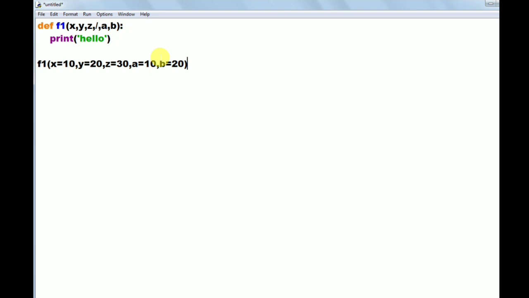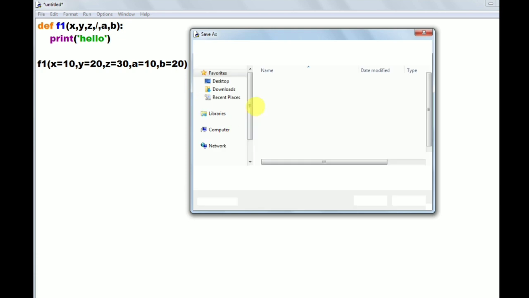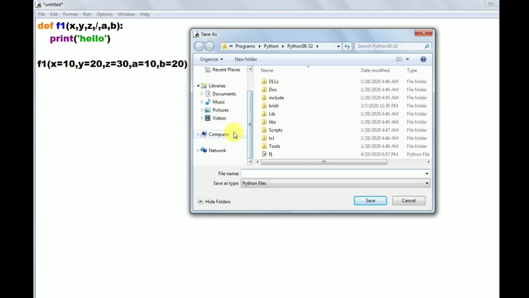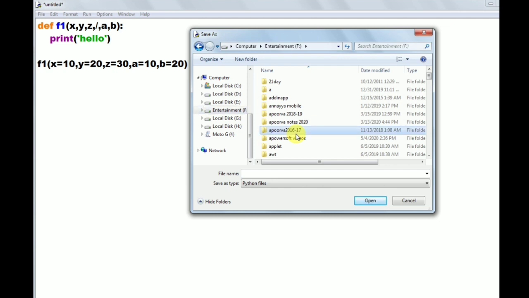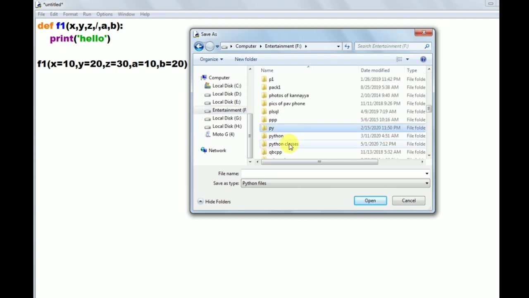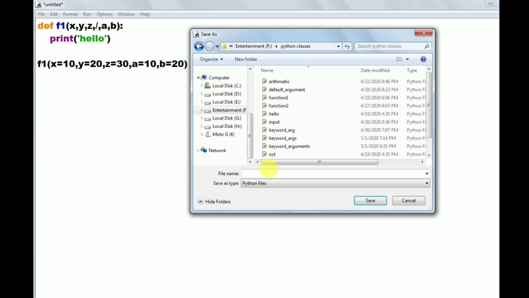I am saving this program, that is displaying the save as dialog box here. In this I am selecting the path, that is the F drive, in our folder Python classes. I am saving this program with the name positional args.